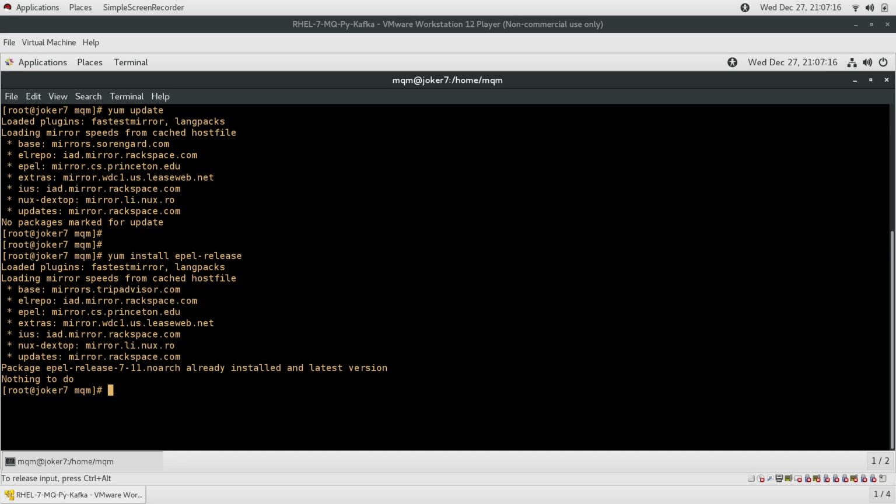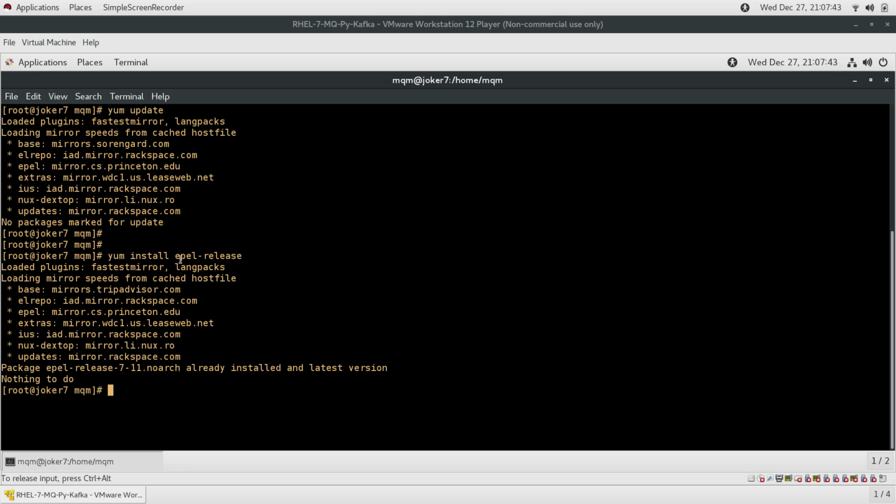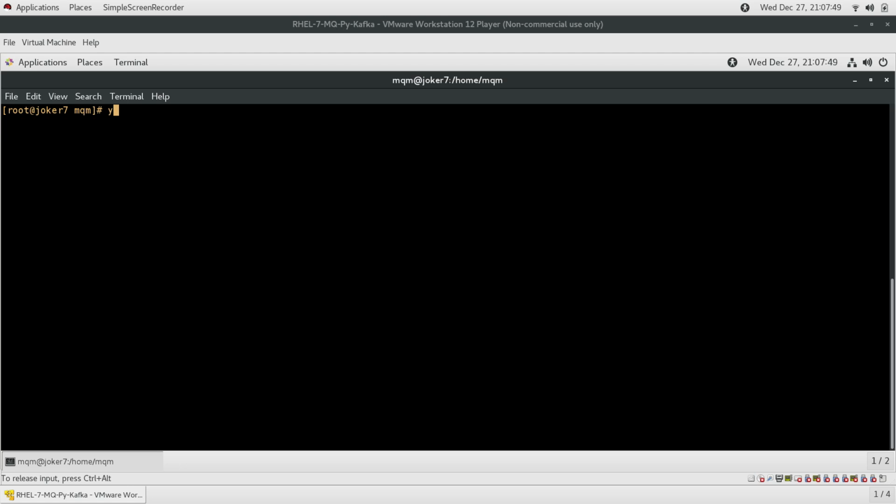EPEL repository. In case you have already installed this, then yum will simply say you have already installed it. Because yum is idempotent in nature, anything which is already installed, it does not touch. It does not overlay anything new. It just says, okay, you already have it, so I'm not going to even bother. That's how you check whether your Extra Packages for Enterprise Linux is installed or not. And now you will go ahead and install your